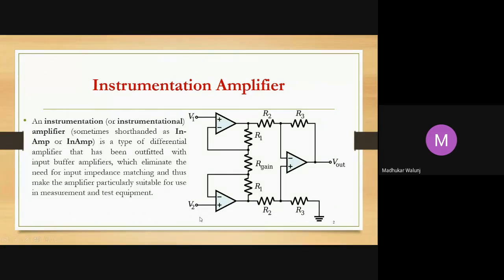But a sensor usually gives us one output, so why do we require two inputs? This particular instrumentation amplifier is used whenever we have two outputs from the sensor. Likewise, if you know a sensor called a thermistor, a thermistor is nothing but a thermally sensitive resistor. That resistor has two outputs, one at one end and the other at the other end, so both ends should be connected. One end should be connected at V1 and the other end at V2.